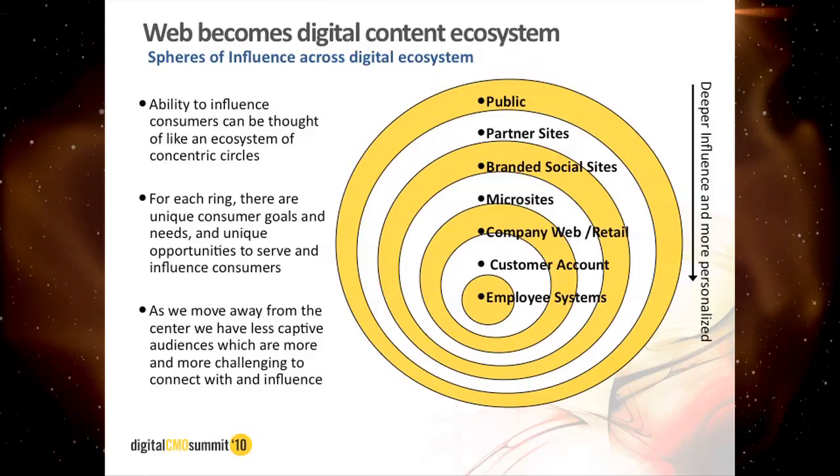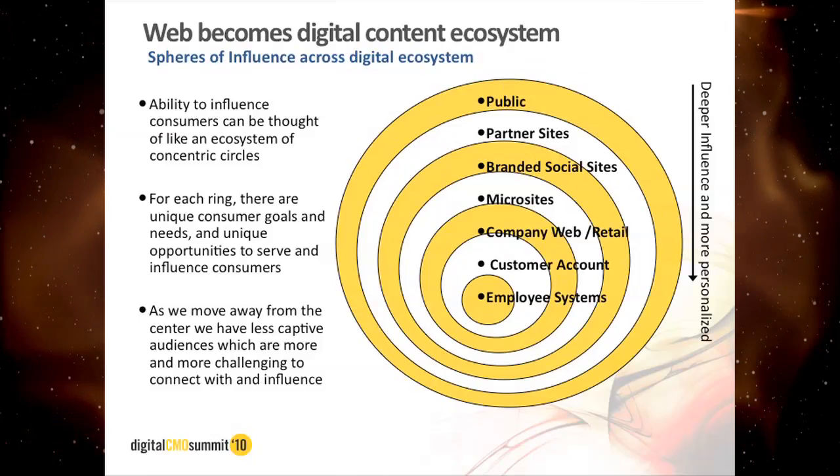So this is the kind of a way that we're looking at it, and that is that web is really a digital ecosystem around content, and that our ability to influence, as those spears go out, our ability to really influence the consumer and their perception and their decisions decreases. So I start actually with the employee sites internal, because I should be able to influence our own employees. And we should be able to actually turn those into brand and product advocates. And we would do that through digital content. So this divide between internal and external communications when it comes to digital content really needs to start coming down.